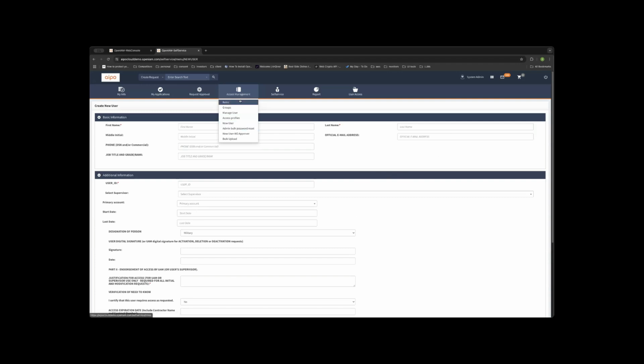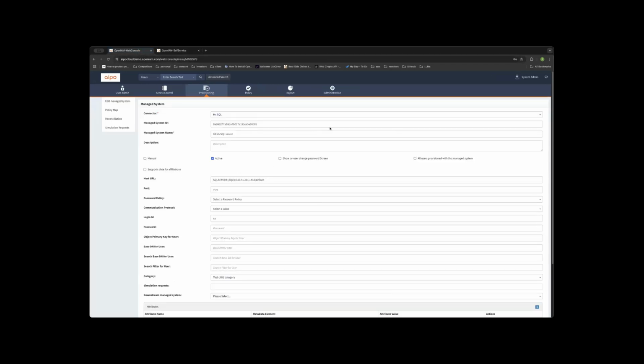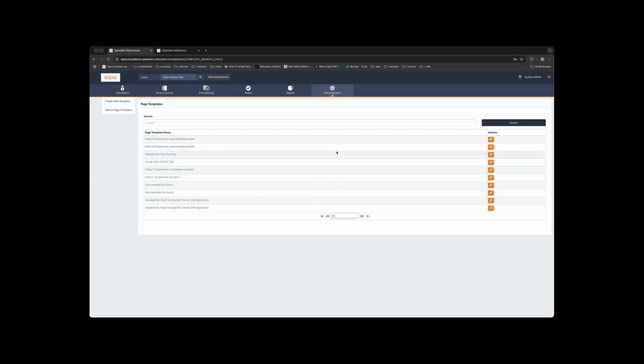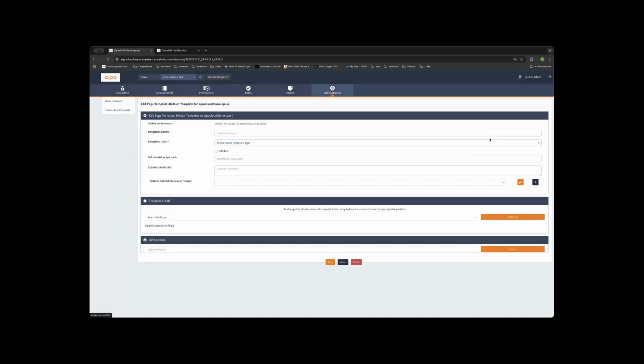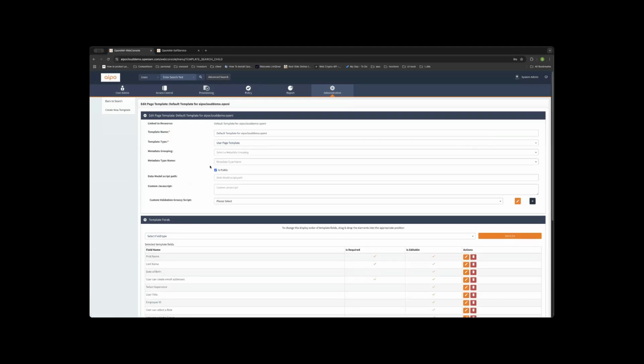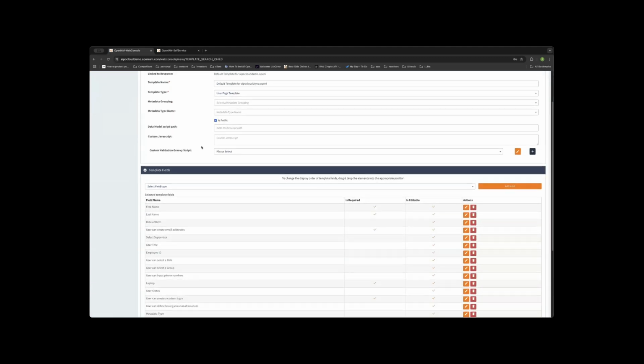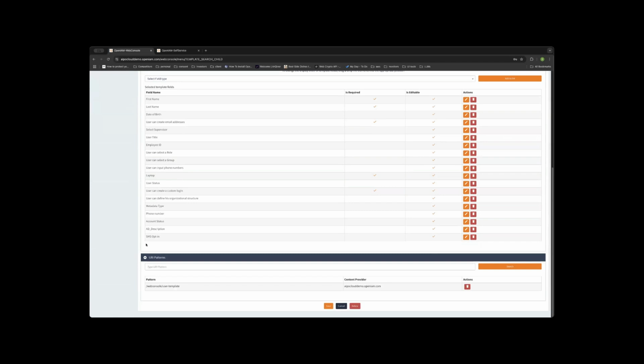So now that we looked at how we can do this, let's go to the web console again, and we'll take a look at the page templates. And they have got a few examples here. So in this case, I've got a page template that's used in multiple places, and I can tell where it's being used by just looking at the bottom URL, right? And I can also see